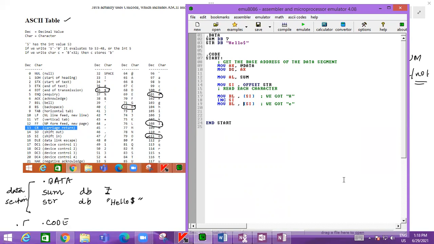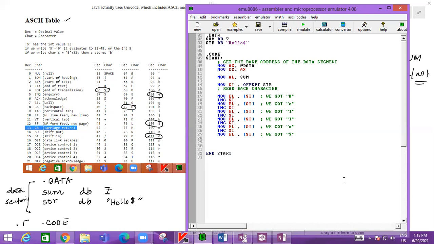First time again we'll get E. Here we'll get, sorry, L. Here we'll get L. Here we'll get L. Again we'll get O. Here we'll get a dollar sign.